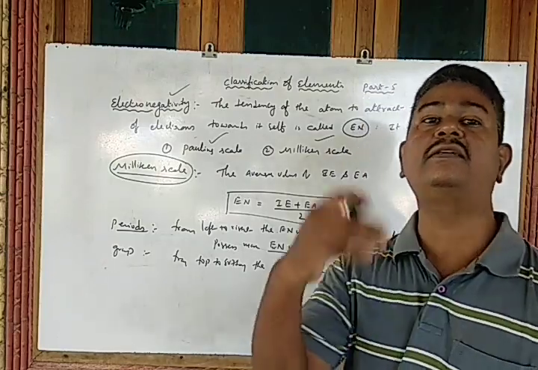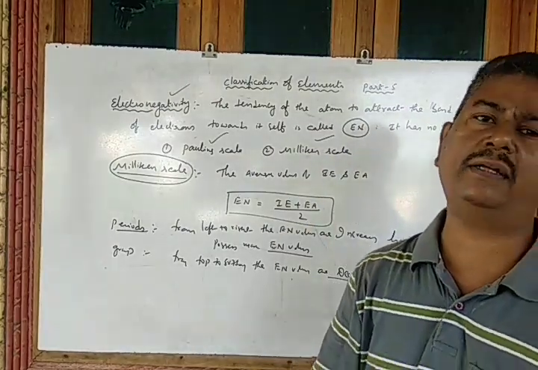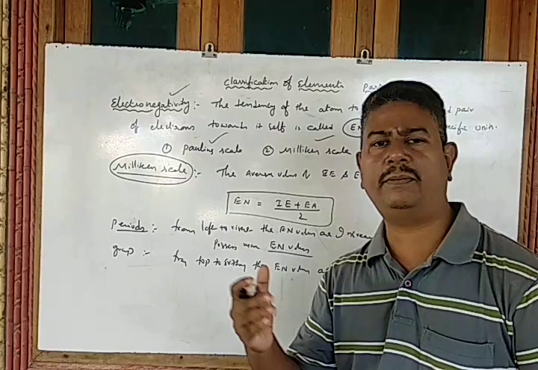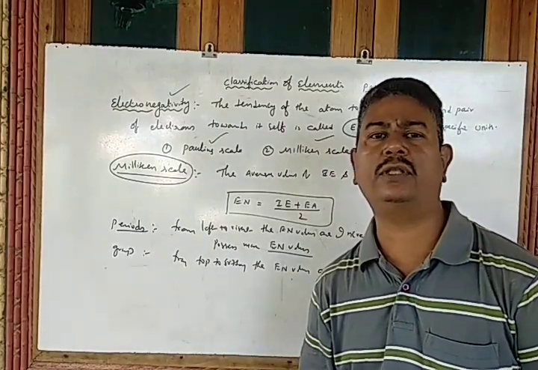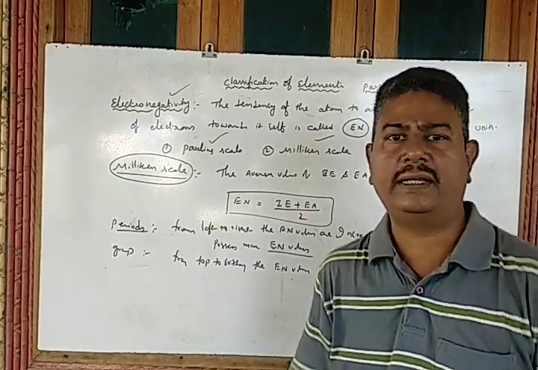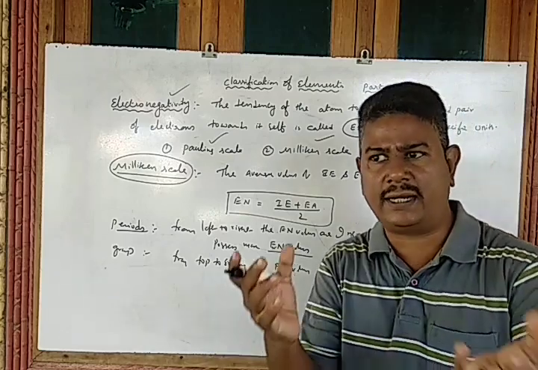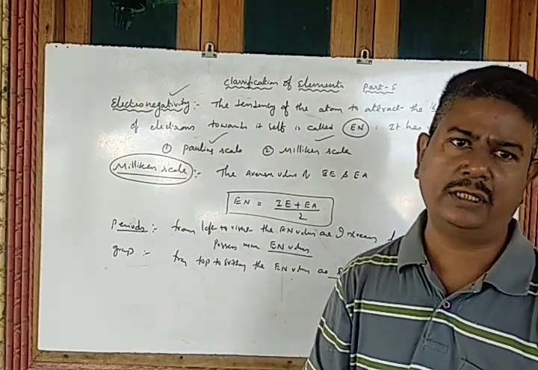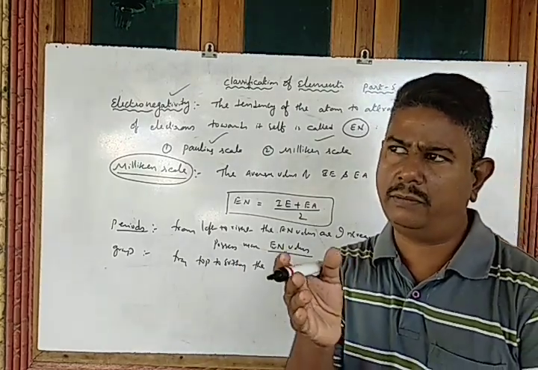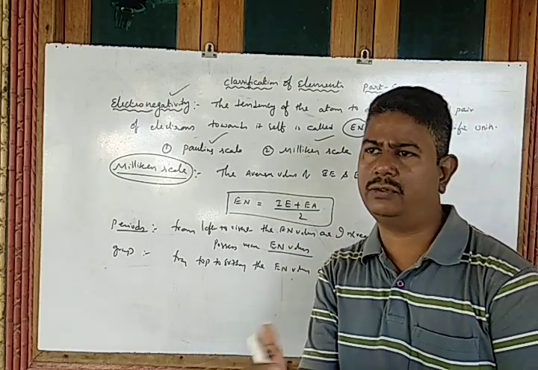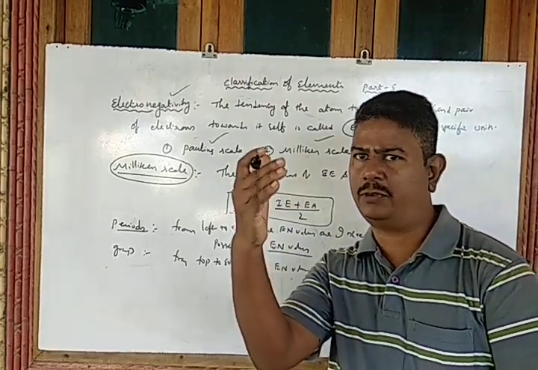Because of the increase in atomic radius or atomic size. Whenever the atomic size increases, the nuclear force of attraction automatically decreases. So the tendency to attract the electron also decreases. That means from the electronegativity values, we can conclude that while moving from top to bottom in a group,